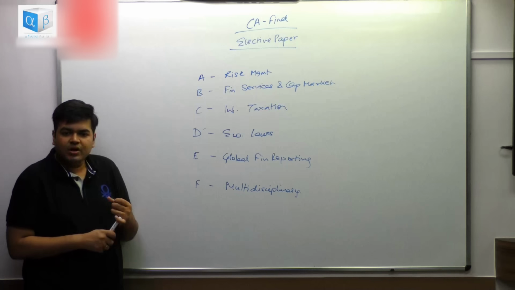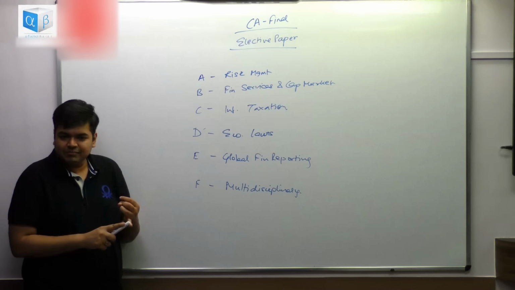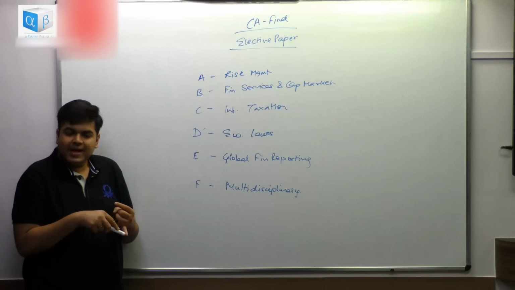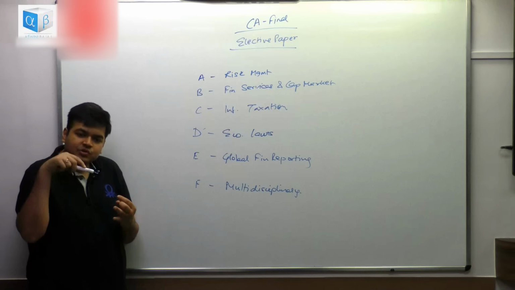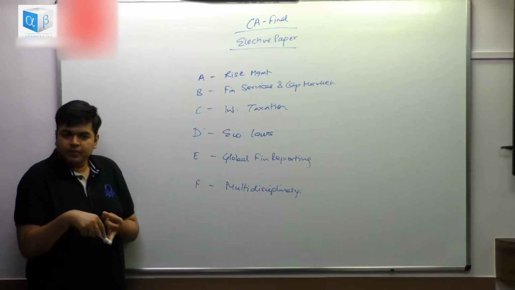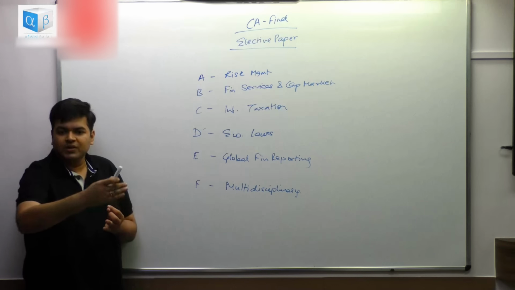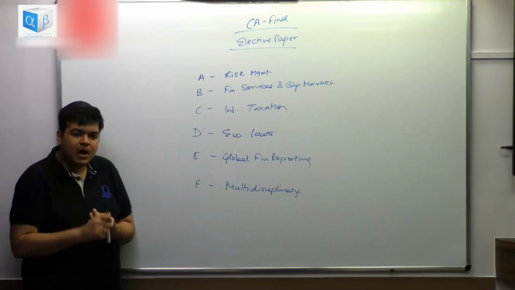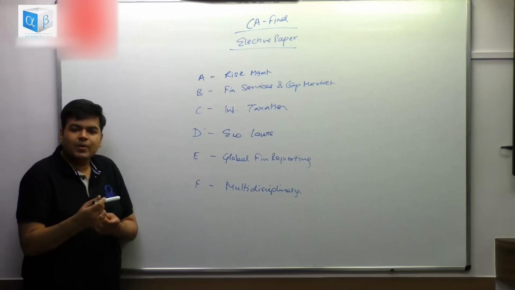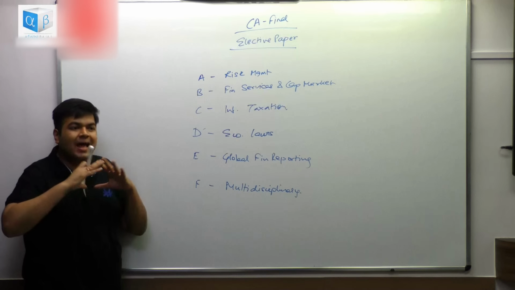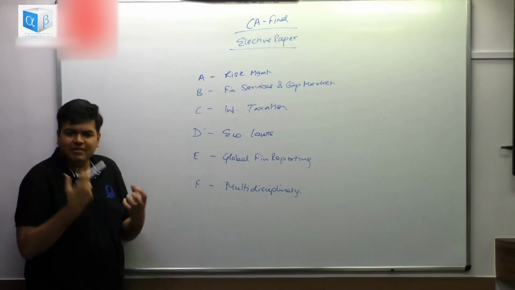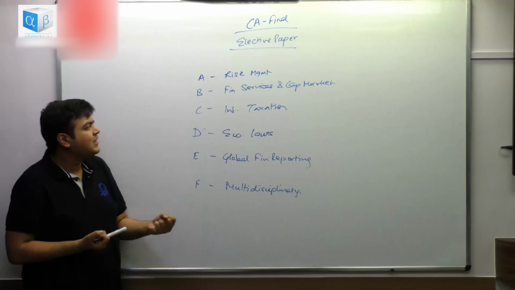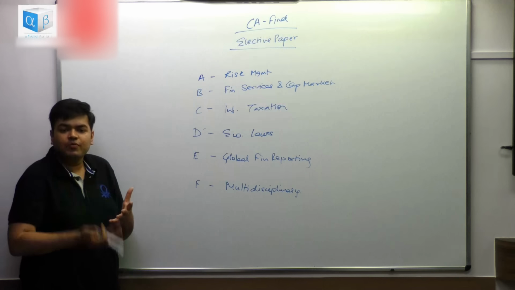Because the first priority is to clear the CA final exams. That is the first priority. And after clearing the CA final exams, to sit at the interview table, clear your GD and group discussion and whatever rounds are there. And at the interview table, you need to be very smart. You need to be able to answer questions, whatever is asked, and that includes economy, reading books, having general knowledge, having good subject knowledge. Of course, it will depend for the profile you're applying.